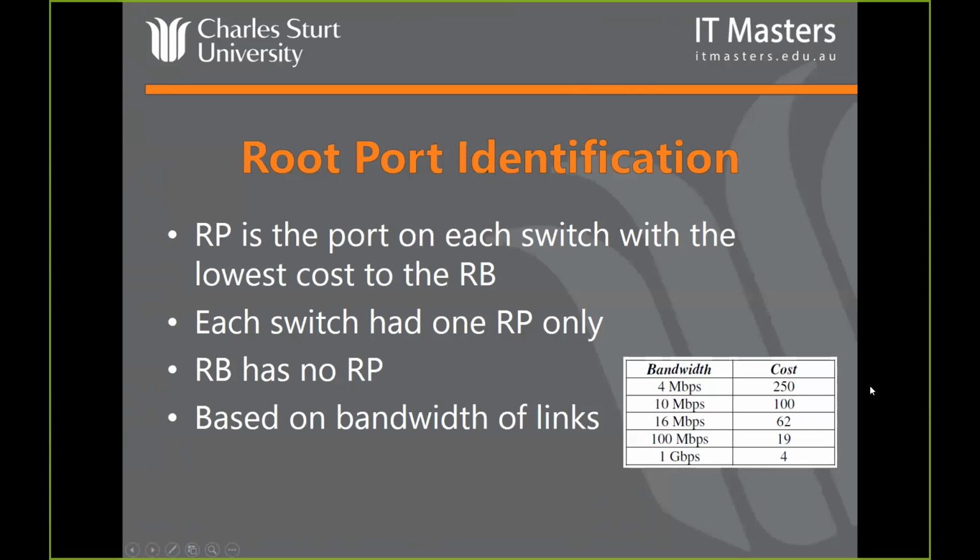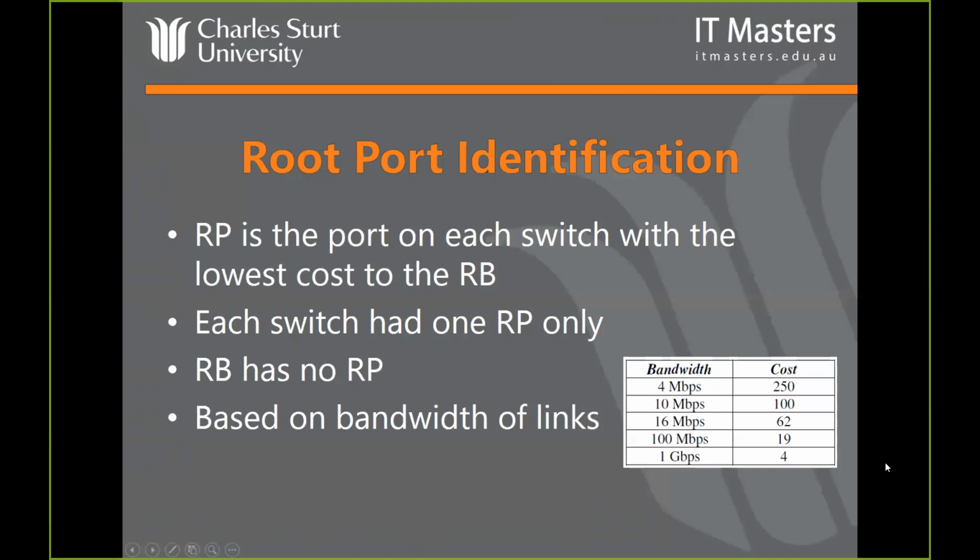So a 10 meg link, for example, is a cost of 100. A 100 meg link is a cost of 19. There's an interesting story behind that, which I won't go into, but why it's 19. And gigabit links are 4. Now, obviously, as we get faster and faster, there's less room for scope. So 10 gig links, terabyte links, obviously faster again. So it's the